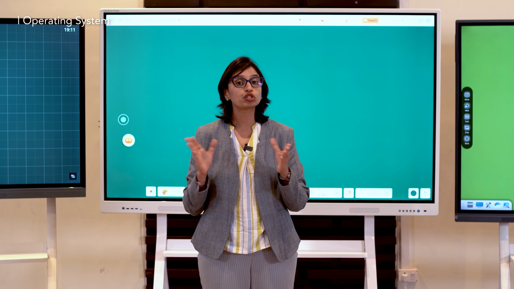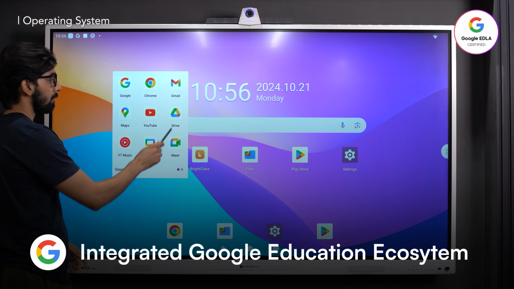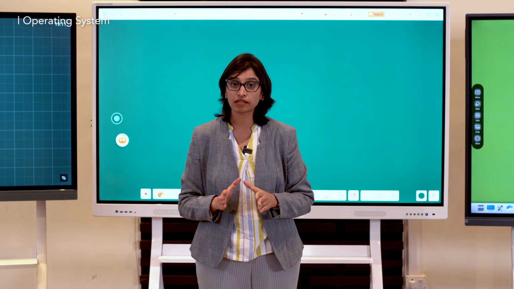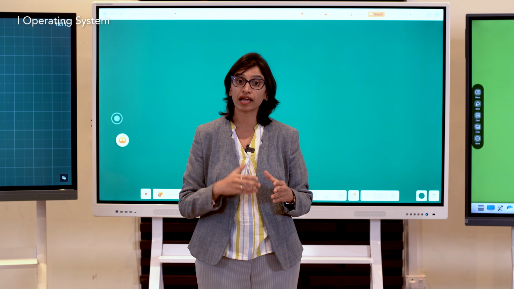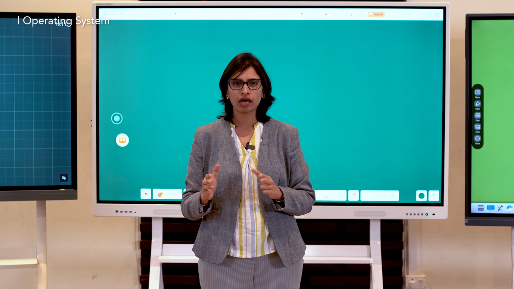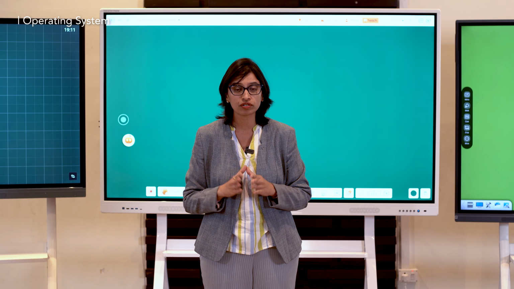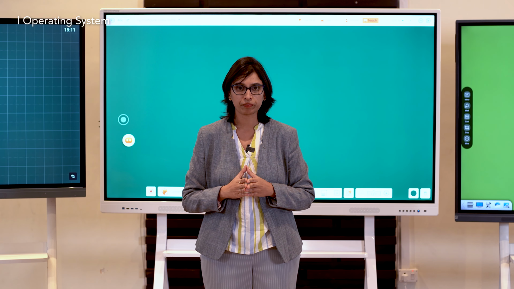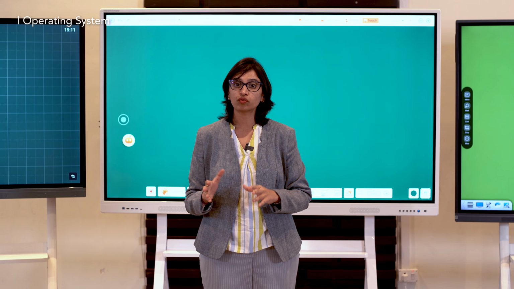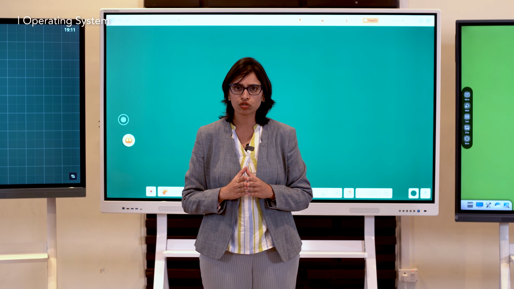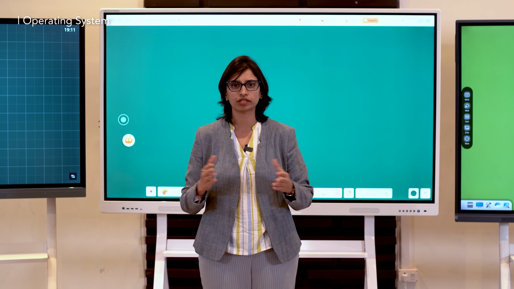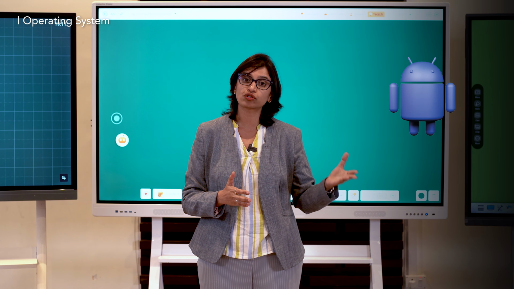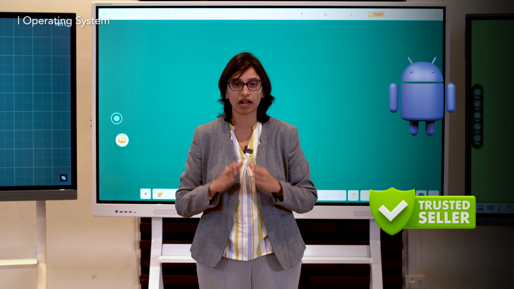Android panels come in two types, the EDLA, which is a Google certified variant, and the non-EDLA variant. EDLA panels allow Google account integration and have seamless access to the Play Store, but this is typically unnecessary for teachers in the classroom because you would not open personal apps on the classroom display. Most teaching tasks are done within the whiteboarding application itself, so a non-EDLA panel is sufficient. However, if you prefer, you can go ahead with the authorized Android-based EDLA panel from a trusted brand.